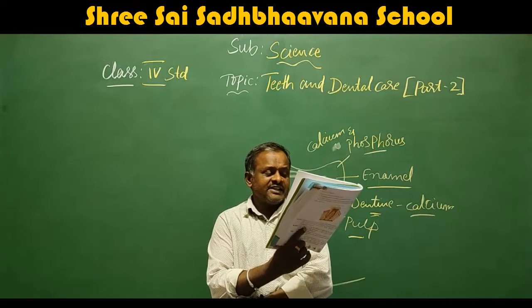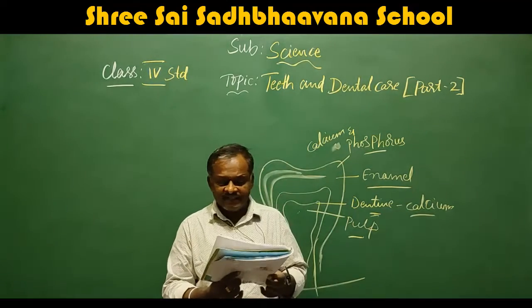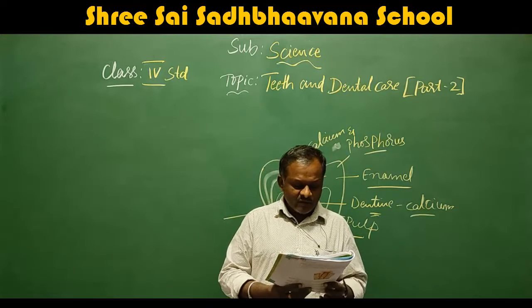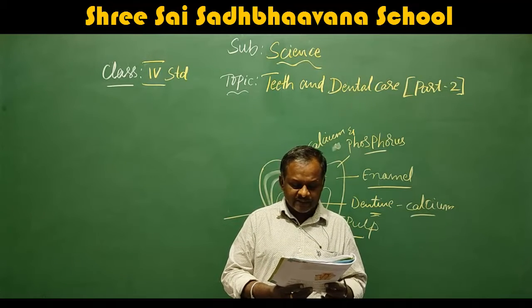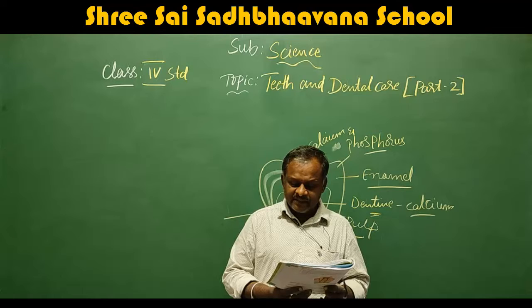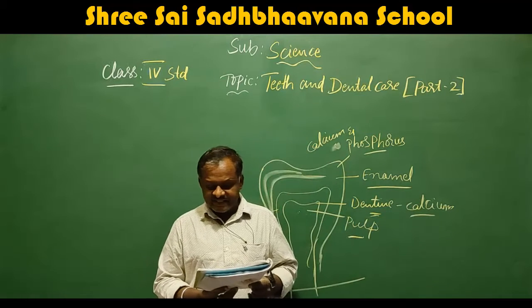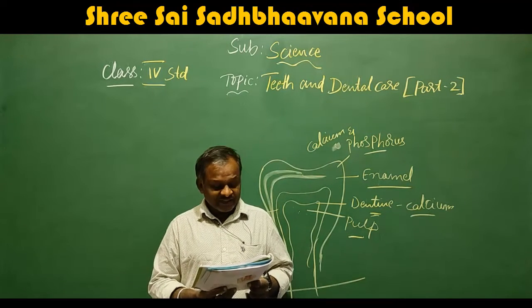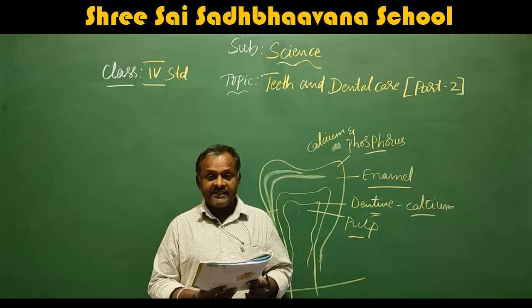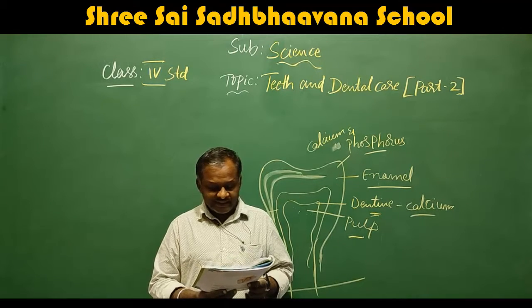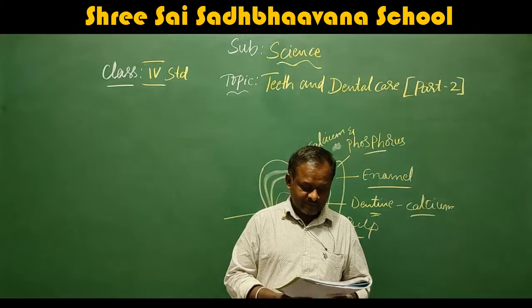Incisors are the 8 teeth in the upper front and the front bottom of the mouth, 4 on upper front and 4 at front bottom. They are shaped like tiny chisels with flat ends. These teeth are used for cutting and chopping food. They are usually the first teeth to erupt.